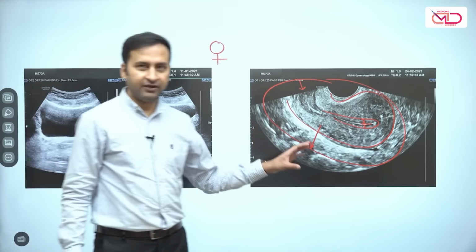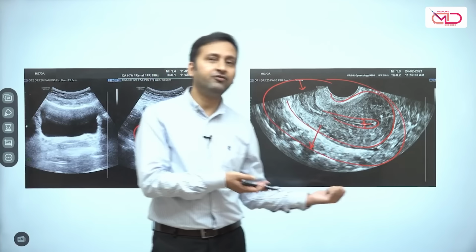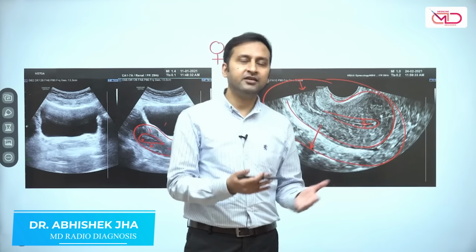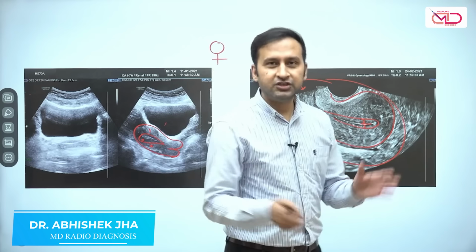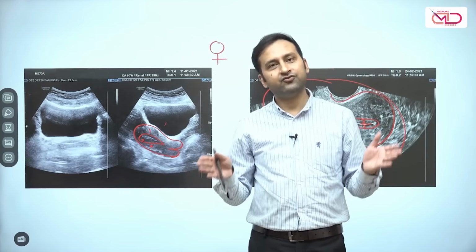The endometrial cavity behaves this way, and it changes its size, it even changes its sonographic morphology in different phases of the menstrual cycle, which we'll be discussing in our subsequent sections. So this was a basic lecture about how we see and how an image forms on a sonography.